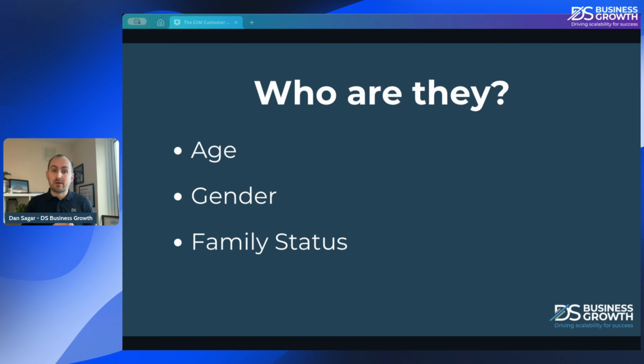Family status may or may not be relevant. So you may be looking at, have they got kids? If they do, how old are the kids? Are the kids still at home? Have they left home? Are they at uni? Or are they looking at newborns or pregnant families that are expecting? What is the status of that family? Is it a married couple? Are they newly single? All those kind of things. Have a little think about, again, your dream avatar.